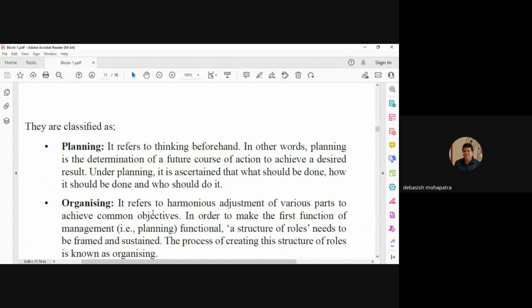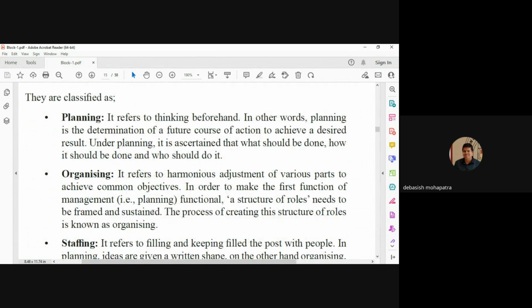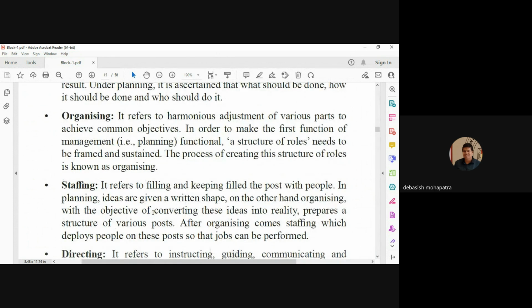So first is planning. It refers to the thinking beyond, means to plan for the future so that we do not face any difficulty. Okay. Then organizing, it refers to the harmonizing adjustment of various parts to achieve common objectives. Then staffing, it refers to filling the posts with people so that the work is not hampered